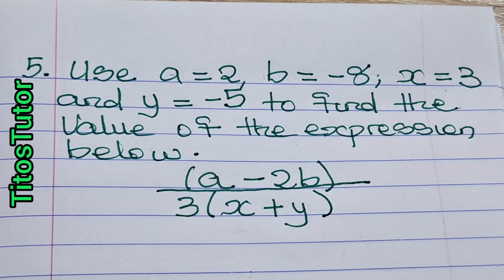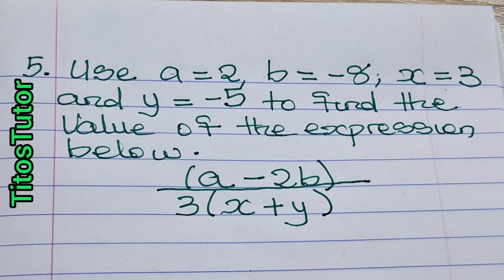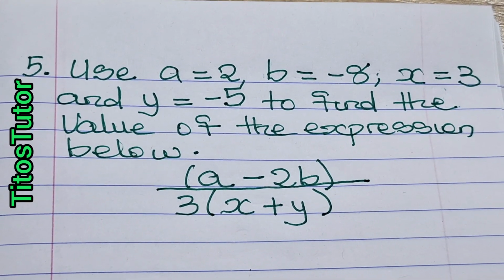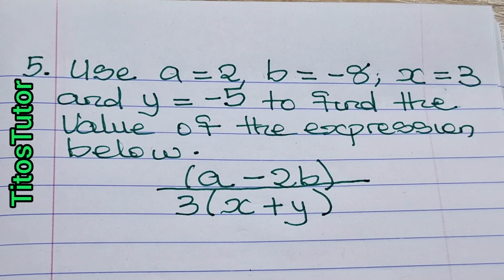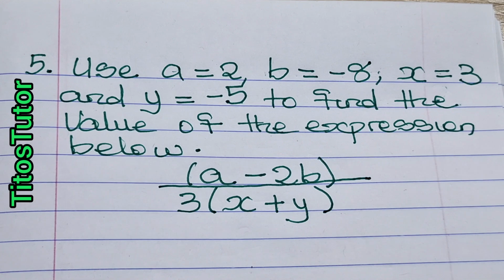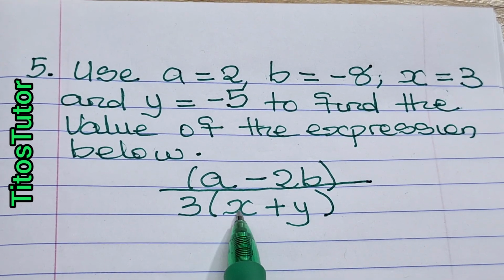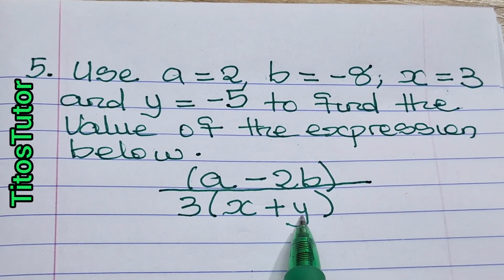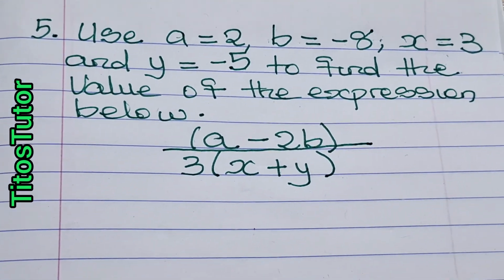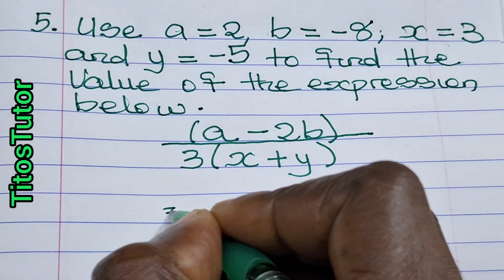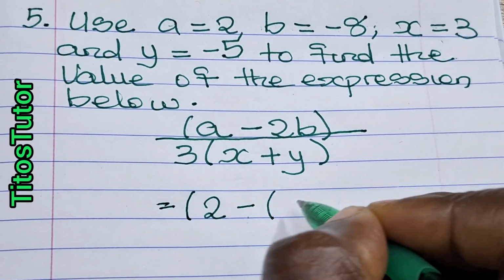All right, example 5. Use A is equal to 2, B is equal to -8, X is equal to 3, and Y is equal to -5 to find the value of the expression below. So we know our A is 2, B is -8, X is 3, and Y is -5. So I'm going to substitute directly. Okay, so let's go. This is equal to A is 2 minus,